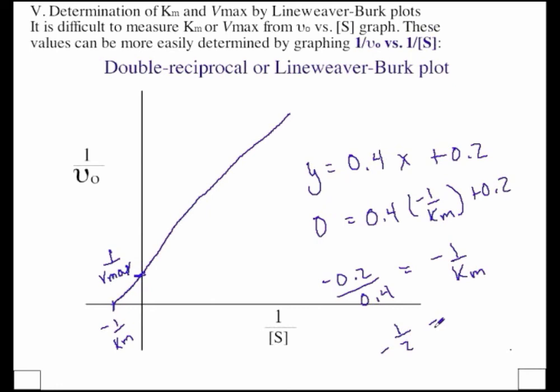Excellent. Two different ways to go about the exact same thing, but you should get the same values regardless of how you plug in there and how you use the equation. So this Lineweaver-Burk plot is another way to go about things where you're graphing 1 over initial velocity versus 1 over substrate concentration. Much simpler way to get the values of Km and Vmax, and then thus from the value of Vmax you can sometimes go ahead and calculate the value of kcat. So as long as enzyme concentration is known, right,